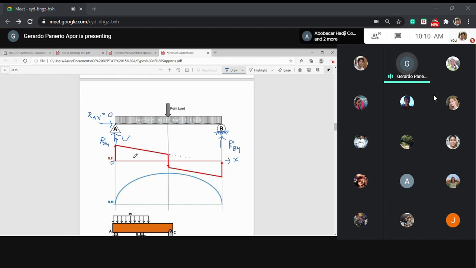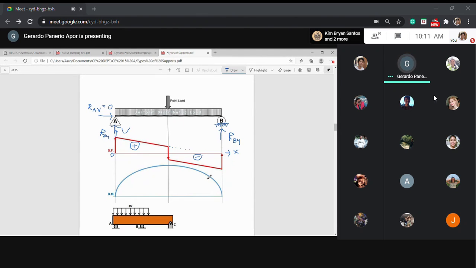So we have the positive shear here, meaning from A to the midspan you have a positive shear because all the shear here is above the horizontal line. But somewhere at the midspan towards the right support, the shear is below the horizontal line, meaning this is negative. So this is a positive shear, I label it that way, and this is a negative shear. Now,